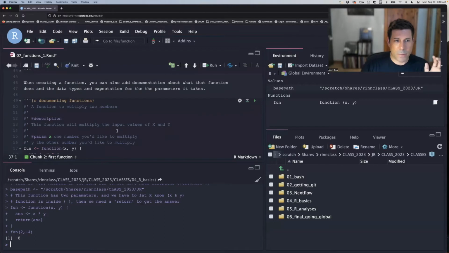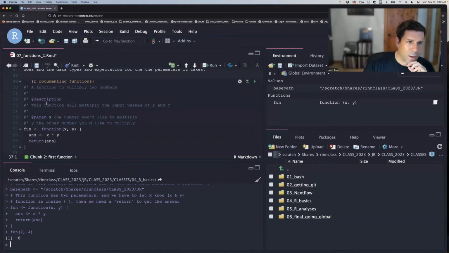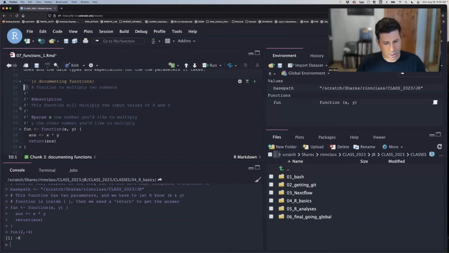But your function, you want a little bit of documentation. So as an exercise at the bottom, you'll make an import peaks function and then go back to this same document we're going to make and add another function to it. Okay, so you want a description, and the markdown here is a pound tick mark or single quote. And so that lets you know in the markdown that this is a function, a description, we should have this here, just describing what the function does. In this case, just